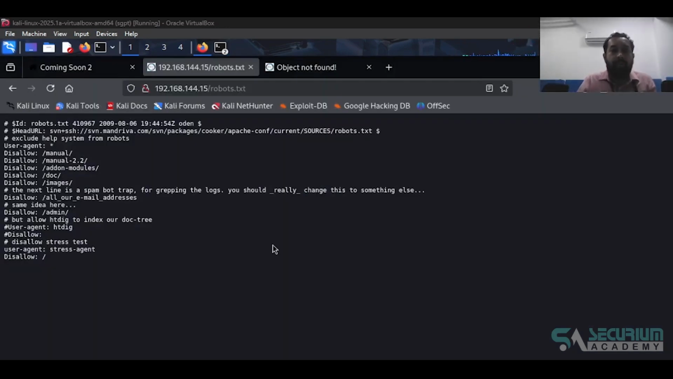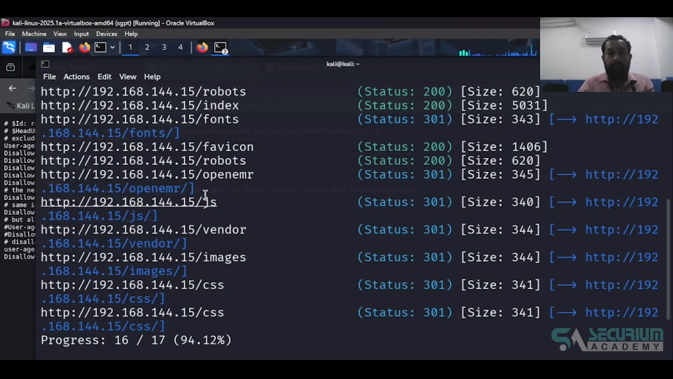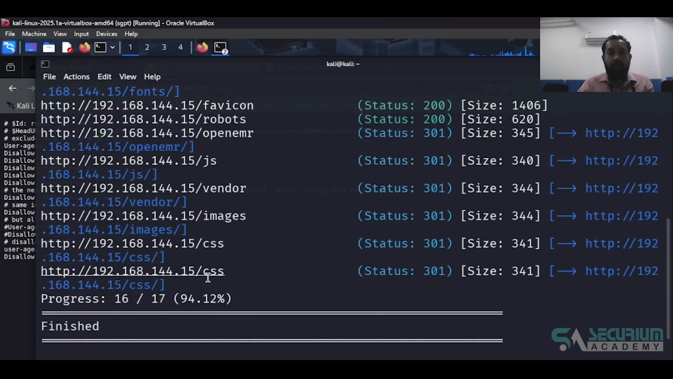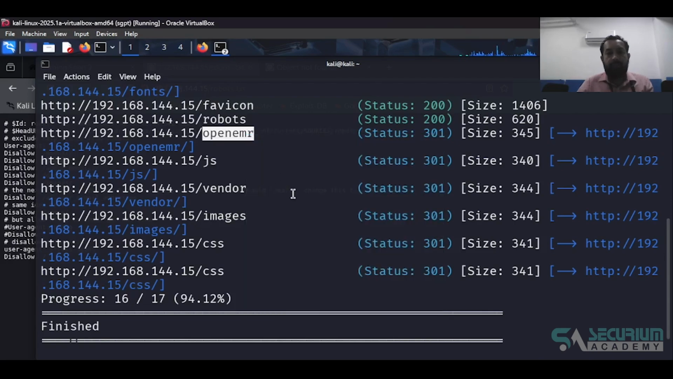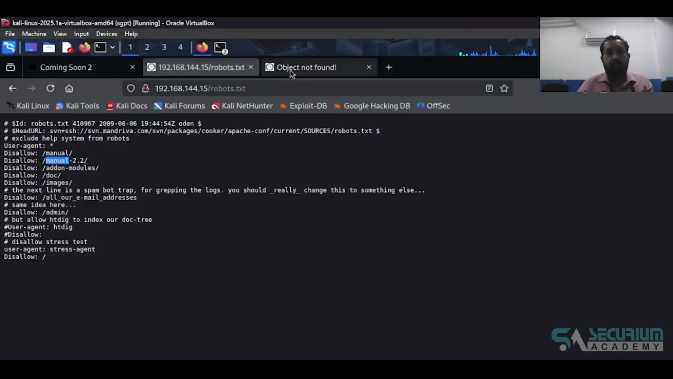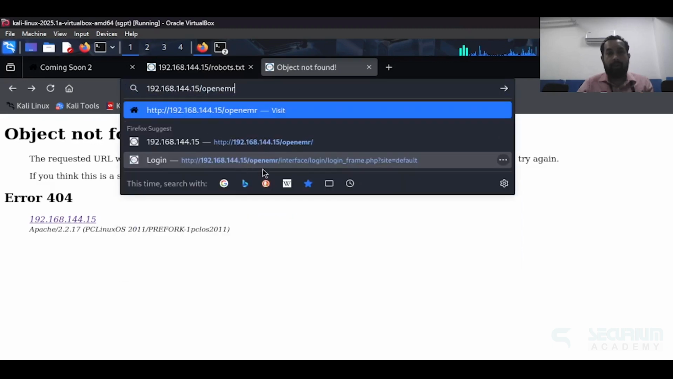We were also able to find a robots.txt and a couple of directories that are not allowed in the search engine. But after a long wait, we're able to find all these directories. You can use a big word list, but depending upon the word list, it might take a very long time. Now you can see there is a directory OpenEMR. It seems interesting,